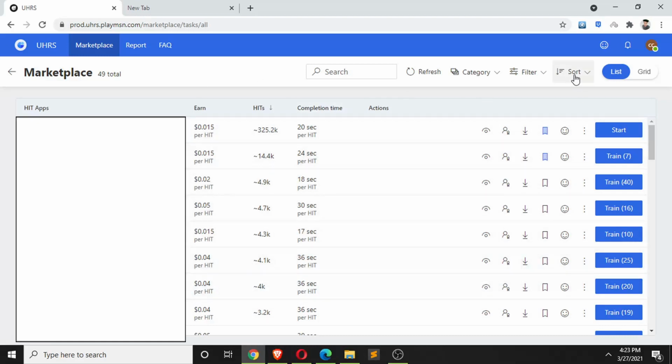But in the grid view, it is a little difficult. So I recommend using the list view for now. And always sort on the basis of hits, or anything you want in your comfort zone. I like sorting based on hits, so I always sort on that. And yes, if you want, you can still use the old marketplace.